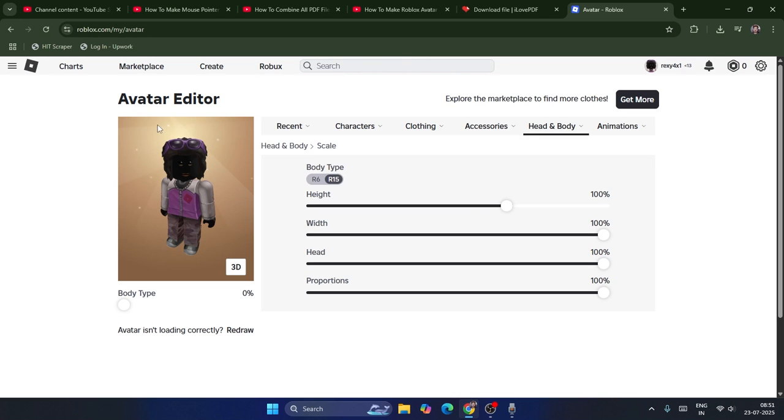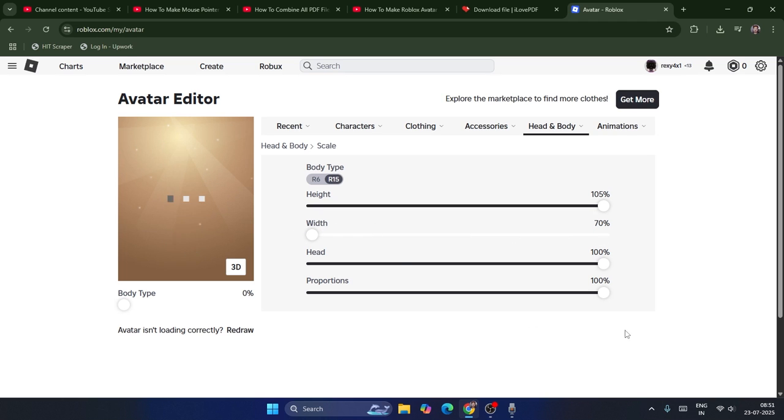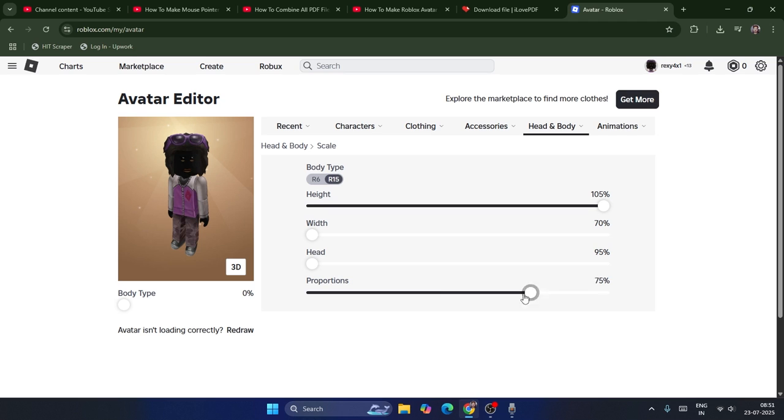Now this is my avatar over here, and make sure that the body type is R15. There are parameters like height, width, head, and proportions. I'm going to set the height to the maximum, then reduce the width to 0, and keep the head at none. I'm also going to set the proportions to 0 like this, and if I change the proportions from the default,